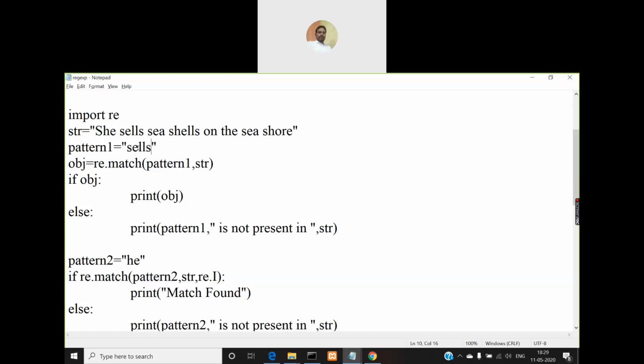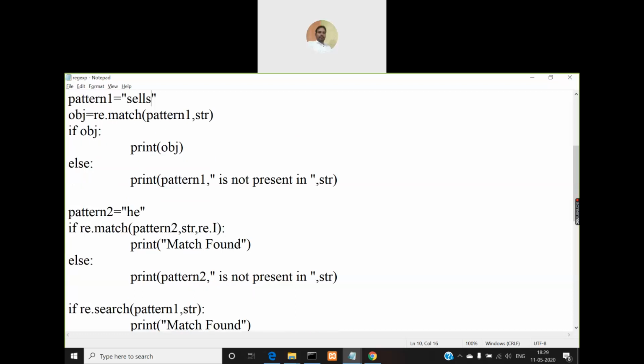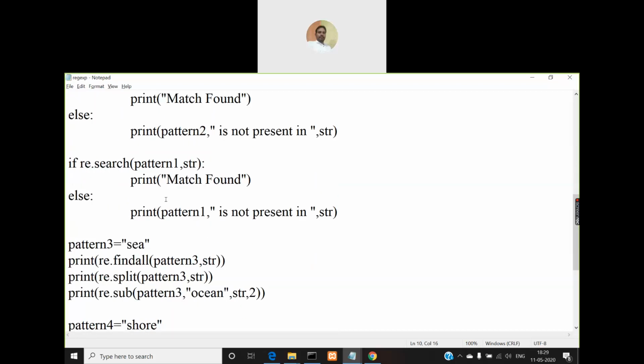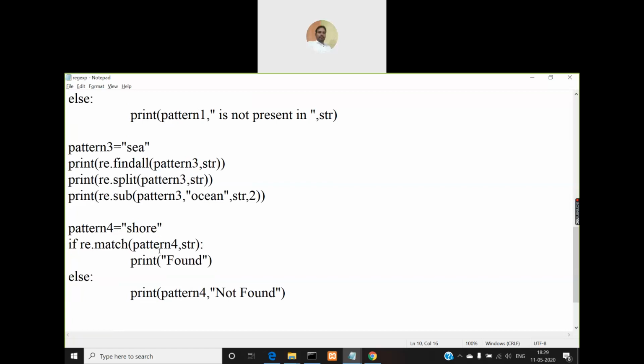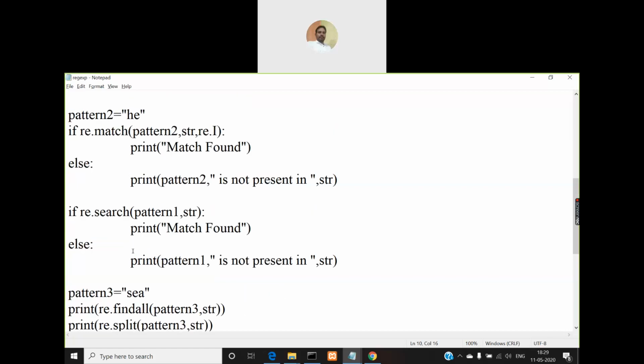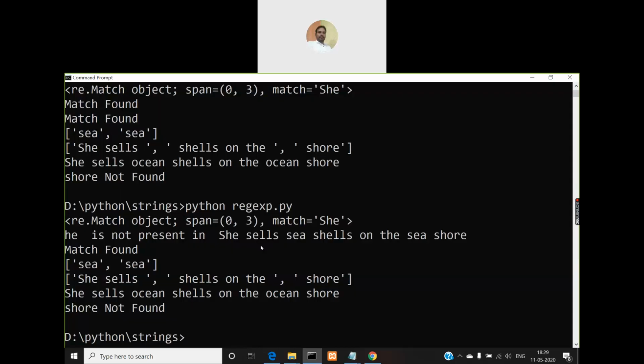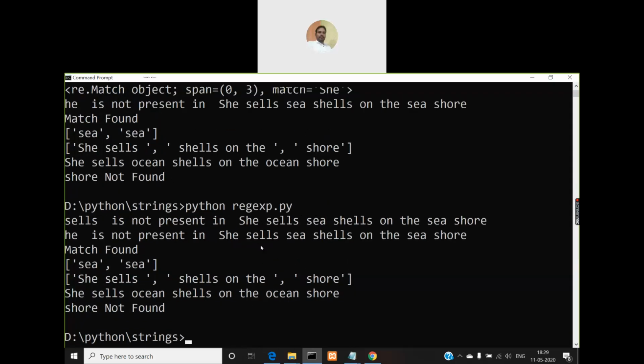It is not at the beginning of the string, right? It is the second word in the given string, "she sells", right? So this time if you run this program, what must it give? It must give match found. So you observe, you are getting match found.